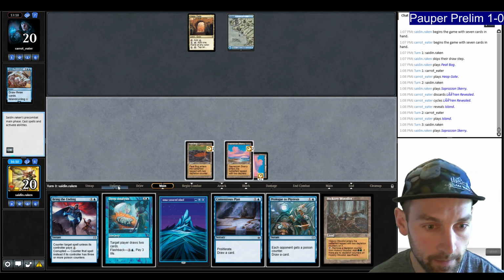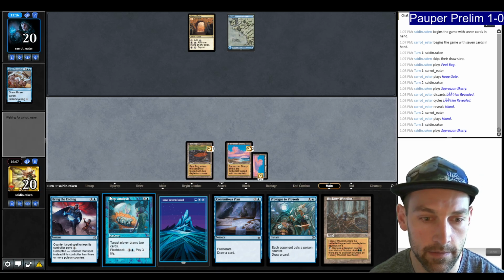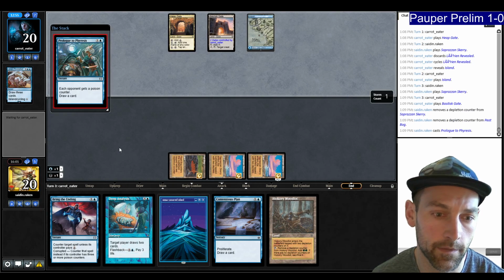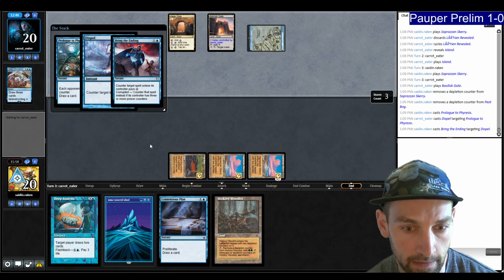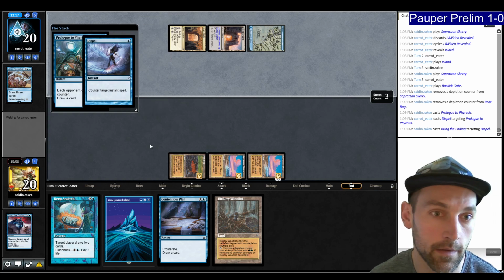So let's do it on their upkeep. Or maybe not, on their end step, I guess. Play a Basilisk Gate. Let's play this prologue. Will it resolve? I will cast Bring the Ending on your Dispel. So now they're probably going to Pyroblast the Bring the Ending, and then I can go land into Contentious Plan, plus Deep Analysis. Okay, here's the...